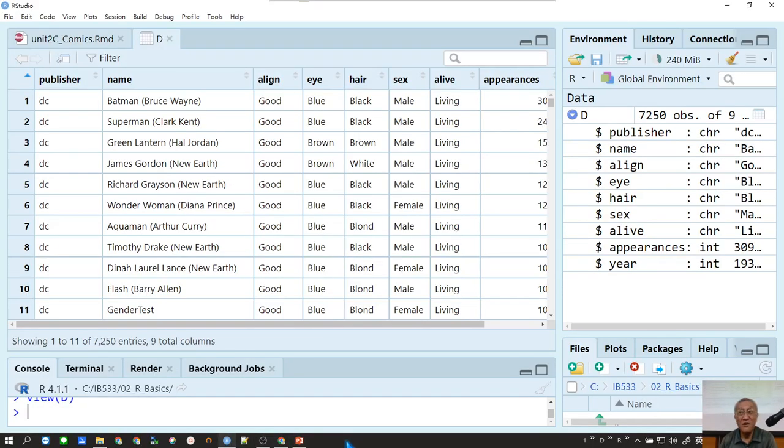One, two, three, four, five, six, seven. Yeah, it's 7, right? You can count it here, right? 7 character columns. Okay. Now